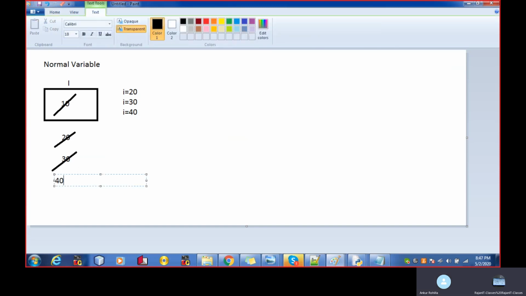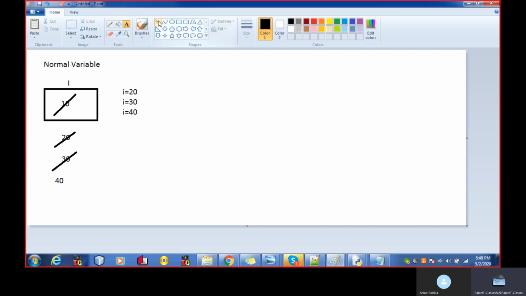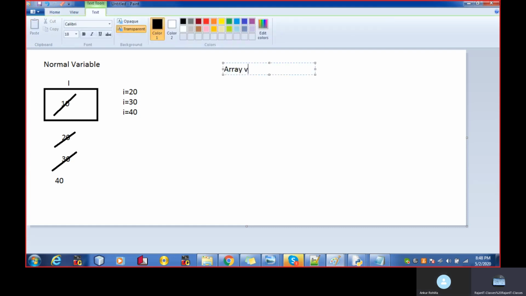So what have we learned from the normal variable? In the normal variable, we can store only one value. We cannot store multiple values. It means the normal variable is capable of holding one value at a time, right? Now let's go to the array variable. Let's talk about the array variable.